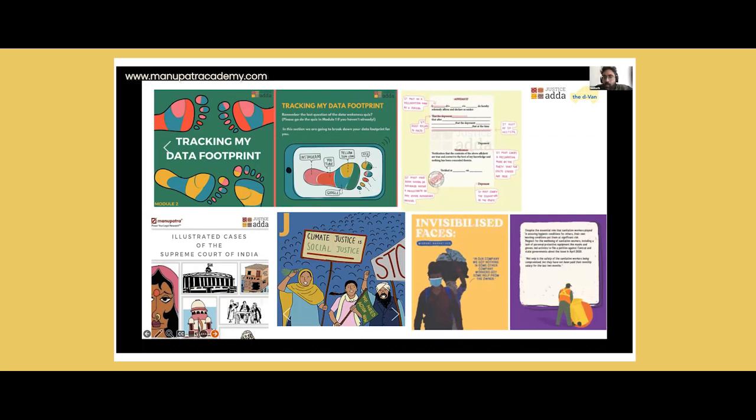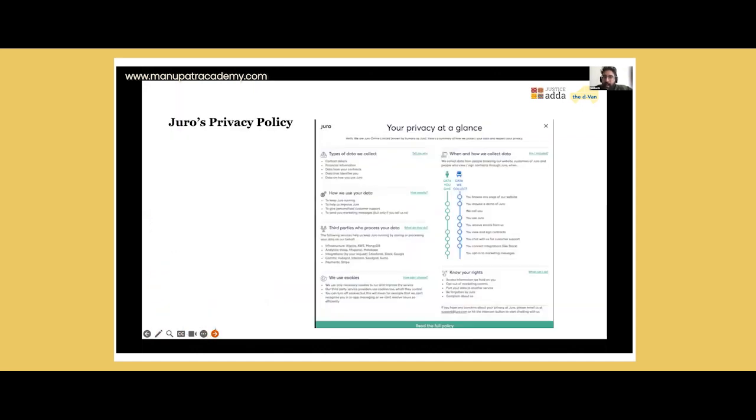A very good example of the ways in which legal design has been used is through a contract automation company, Juro, which has come up with a new contract to explain how to look at rights and entitlements for that privacy contract. If many of you have probably signed contracts, you will see that the language that is used is very complex. They explain what data they collect, how they use the data, how third parties process data, but they also tell you what your own rights and entitlements are.